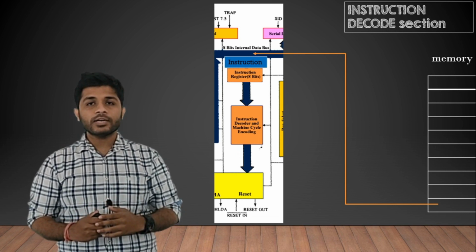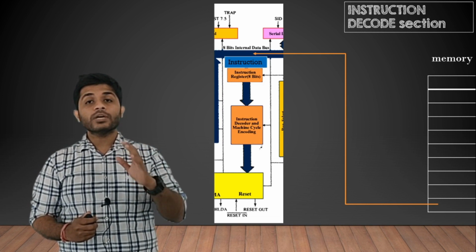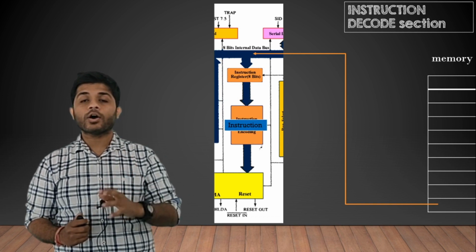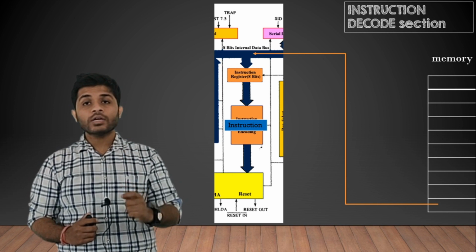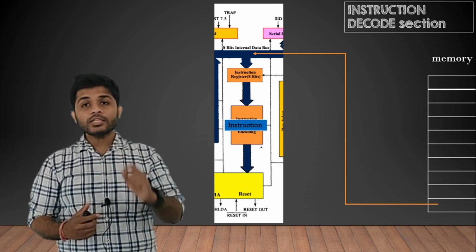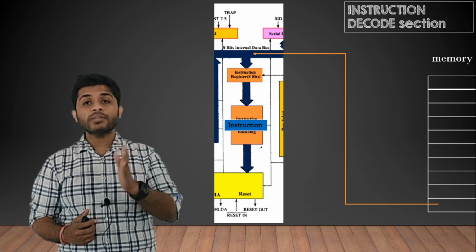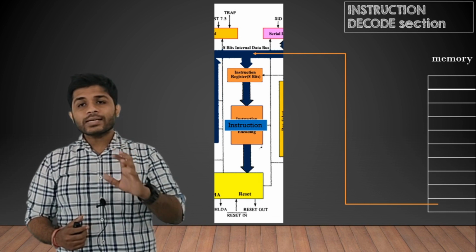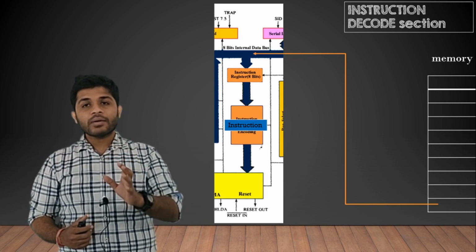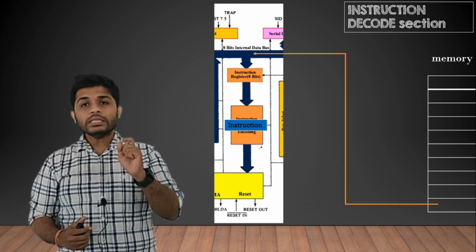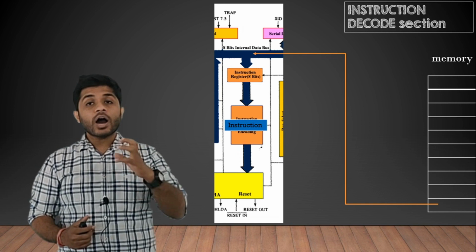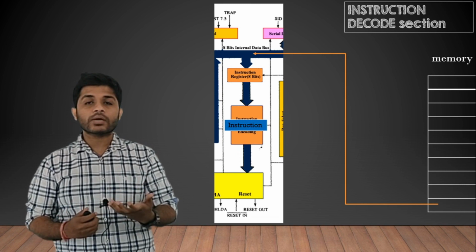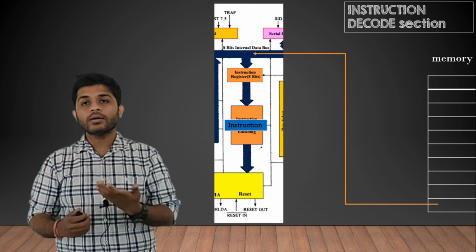After the fetch process is completed, the instruction will be passed from the instruction register to the instruction decoder and machine cycle encoder block. In this block the instruction will be decoded, and the processor will know how many machine cycles will be required to execute one instruction. You can consider a machine cycle as the time required to execute an instruction. So in this block the processor will get to know how much time one particular instruction requires to execute. Some instructions require less time and some require more time.